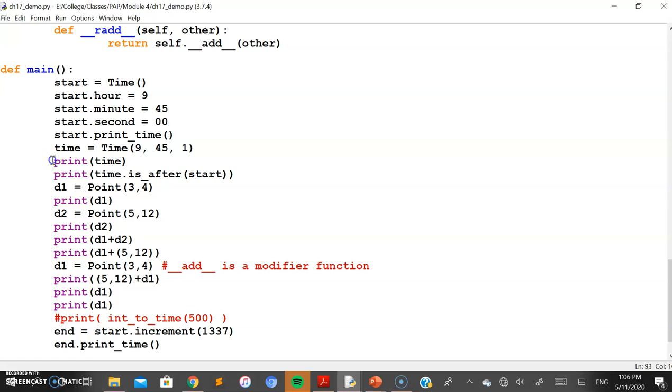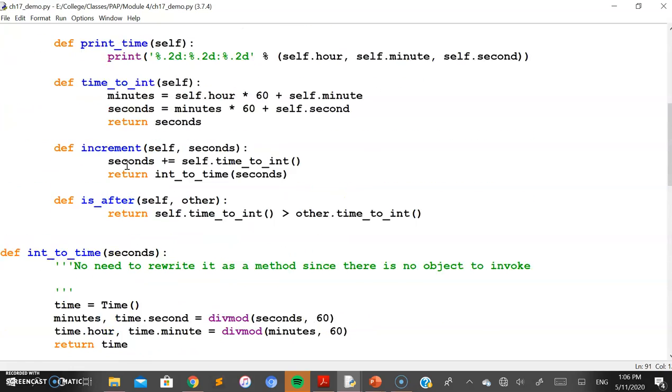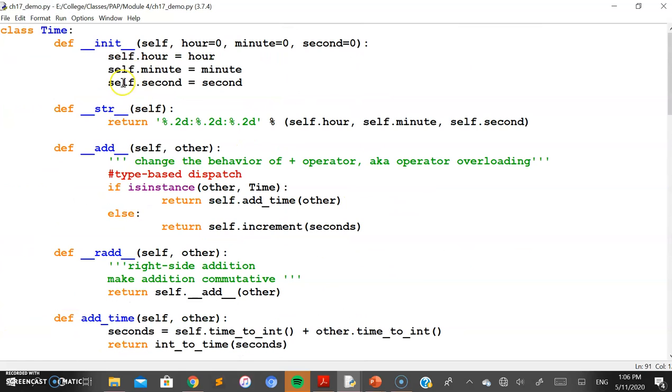Following that, we have used a print by passing the time. Simply, we have used the print method that we use with other values in Python, but the parameter we have passed is the object of the class time. Once this statement is executed, it automatically calls the str method.